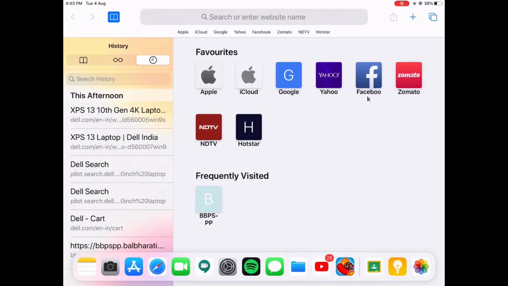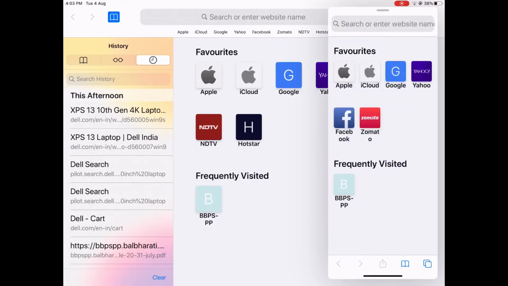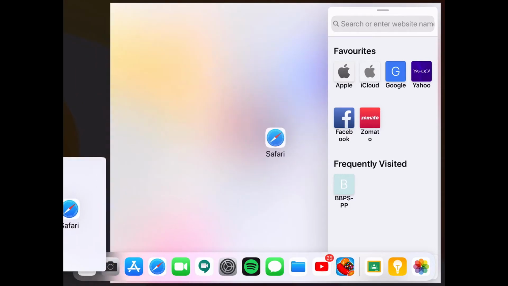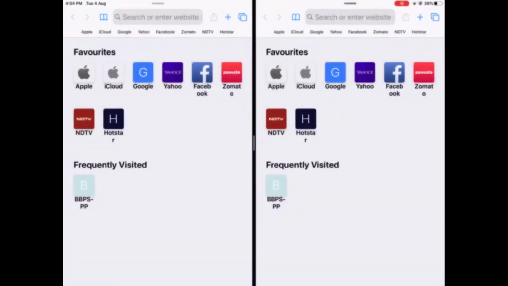We can open about 3 windows in Safari like this. I've opened it in a quad. This is a quad, and you can also open it in split view, as you can see. So 3 windows of Safari are open like this. That's pretty cool. To dismiss the card, you just have to swipe from beneath and dismiss it. That's good. And to close this, you just have to do this.